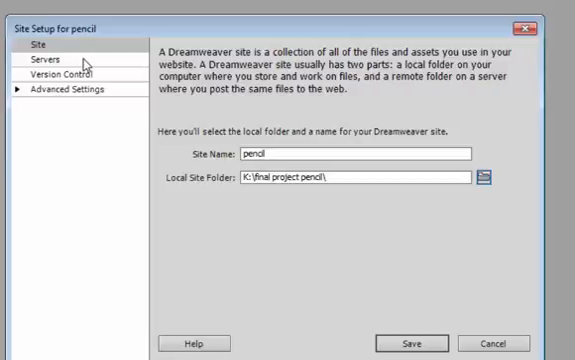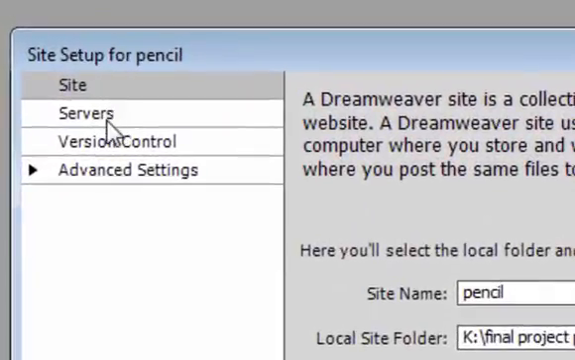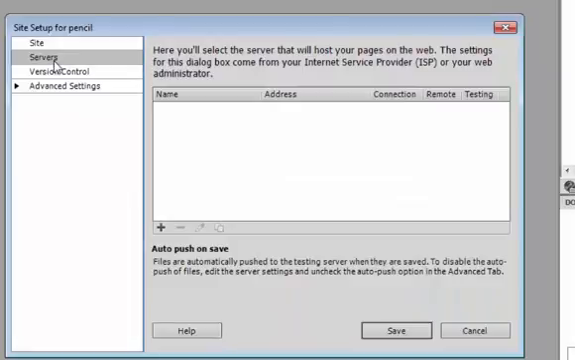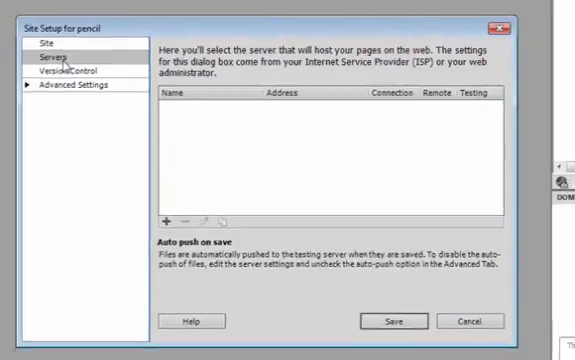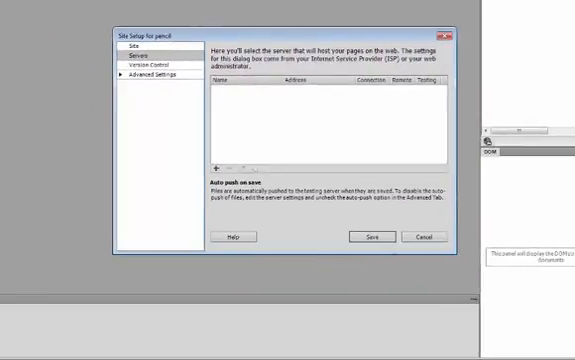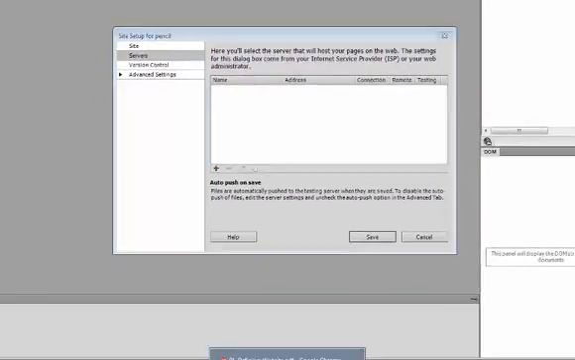And so over here on the left-hand side, you can see I've got Site selected. I'm going to click on that next item in the list that says Servers. And when I click on that, then I get my dialog box all about setting up my server. So let's see what servers are all about. Now we have another PDF,